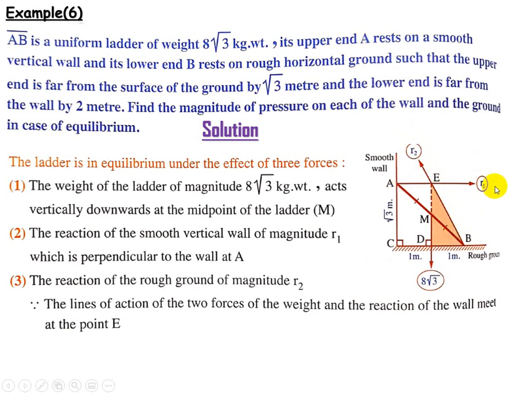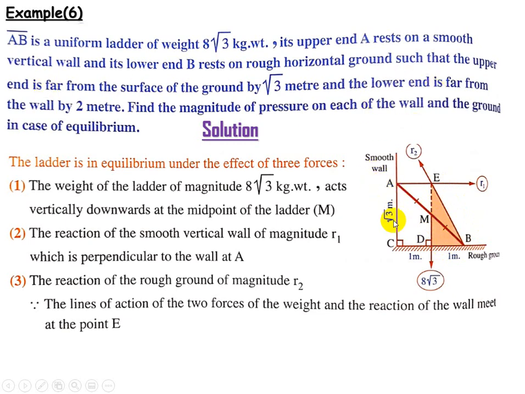So the two reactions R1 and R2 are unknowns. We note that the triangle EDB has its sides parallel to the lines of action of the three forces, taken in the same cyclic order. So this triangle is called the triangle of forces. To find its lengths, we have